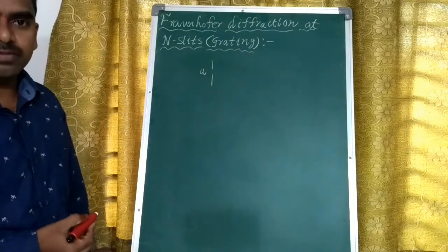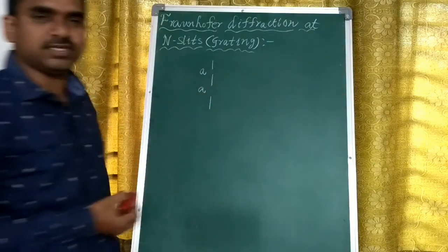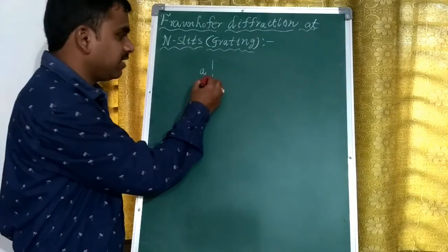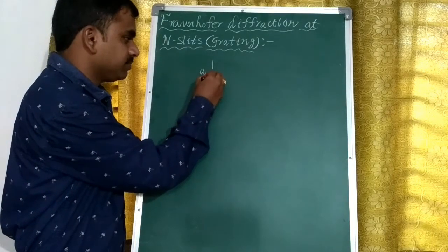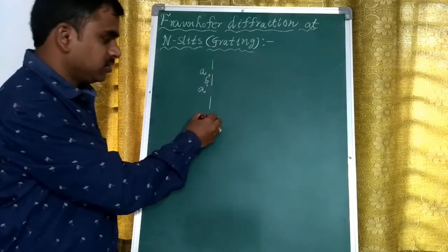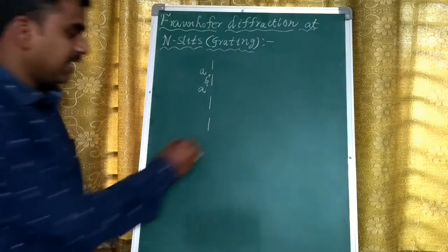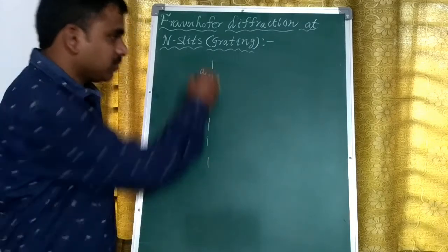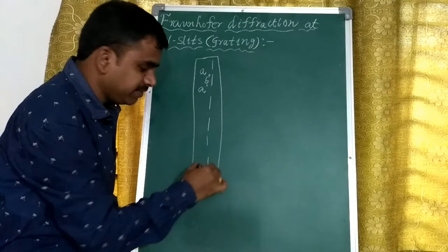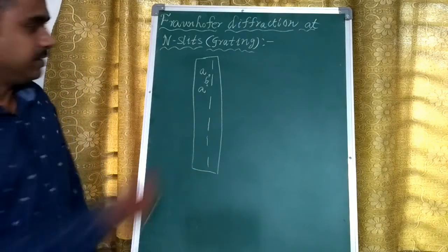A. In the double slit experiment, we have taken one more slit. The width of the slit is also A. Those two slits are separated by a distance B. Okay, this is a double slit. Suppose if you take another slit, that is called a triple slit, like this. Suppose we take any system consisting of a large number of slits, that arrangement